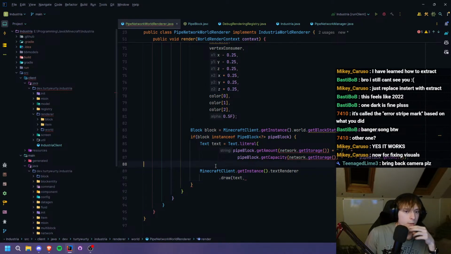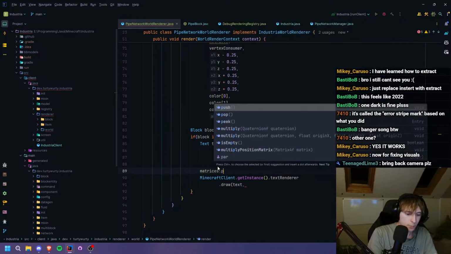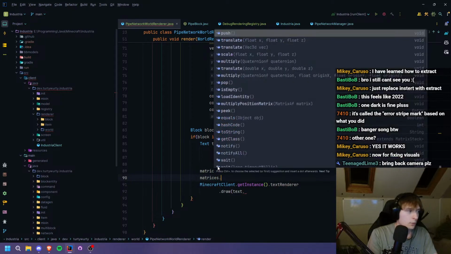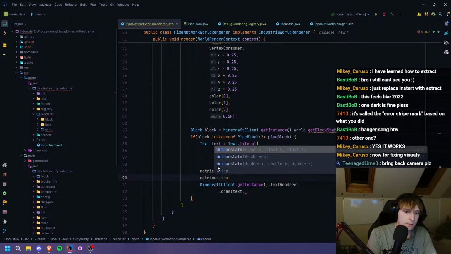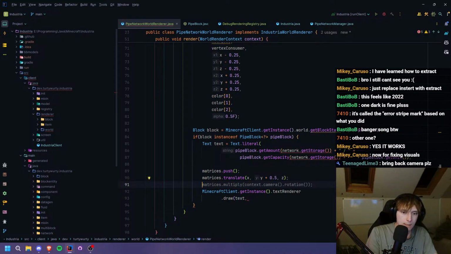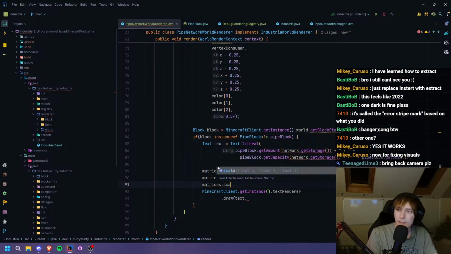Okay, so the first thing it does is it actually moves the matrices. So it does matrices.push, matrices.translate, and we translate to the X and the Y and the Z, of course, and then we scale it. So we do matrices.scale. Oh no, we don't. We multiply, and we multiply it by